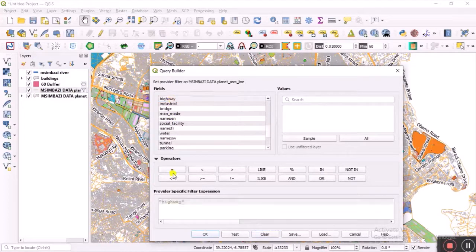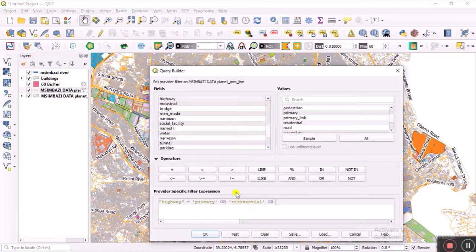Yes, we can choose highways is equal to, then we can choose the type of road that we want to see. For instance, we can choose primary roads, or we might also need to have residential roads,